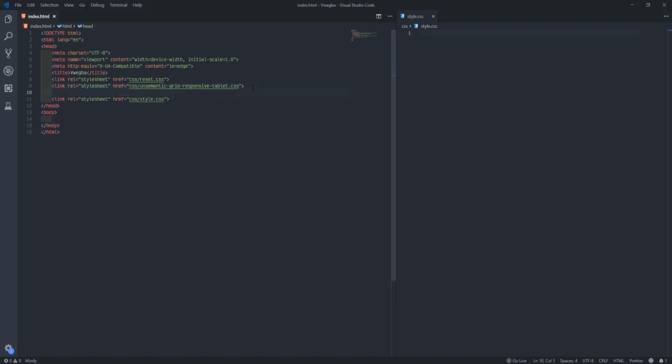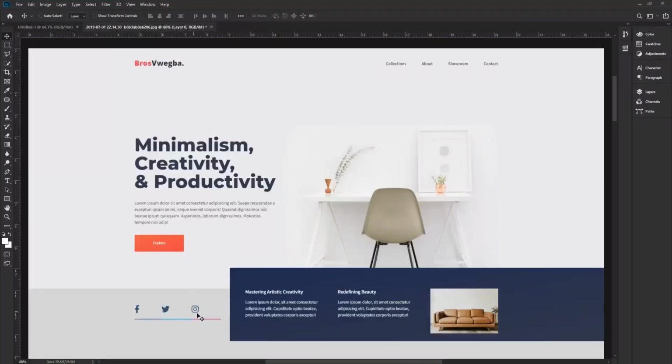Now I'll link to CSS slash all. This all comes from our web font, or our font rather, for Font Awesome, which we use to create fonts. I don't want to use the rest now.